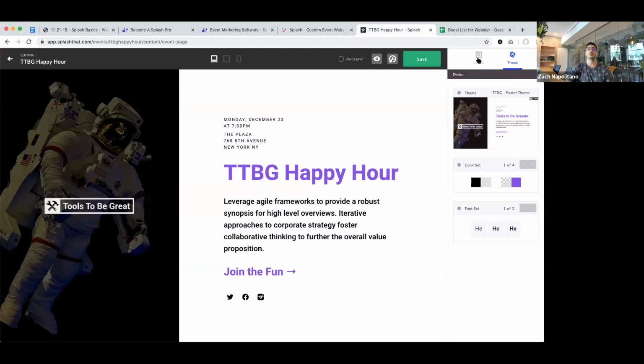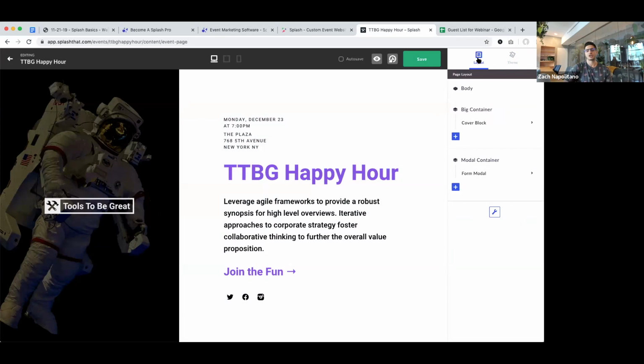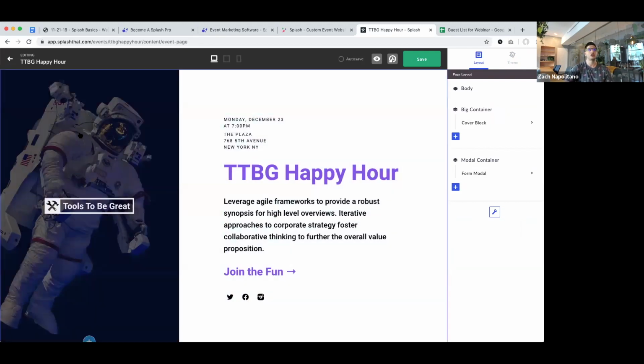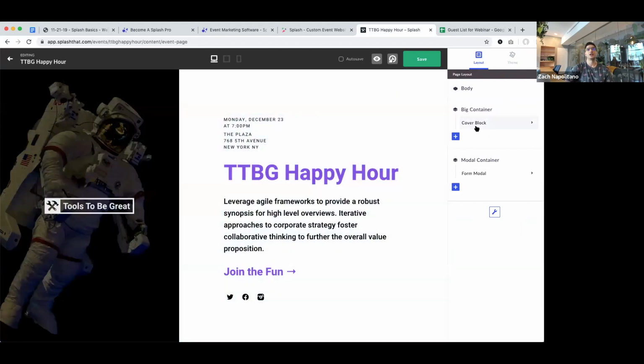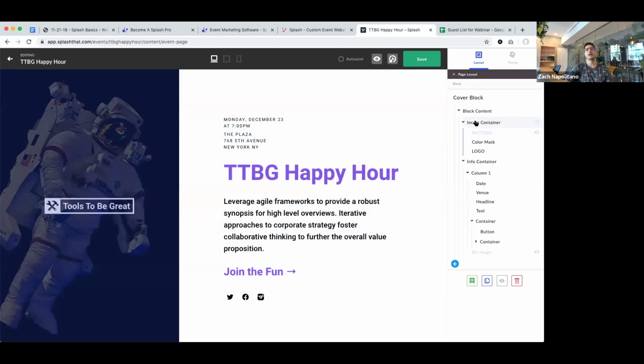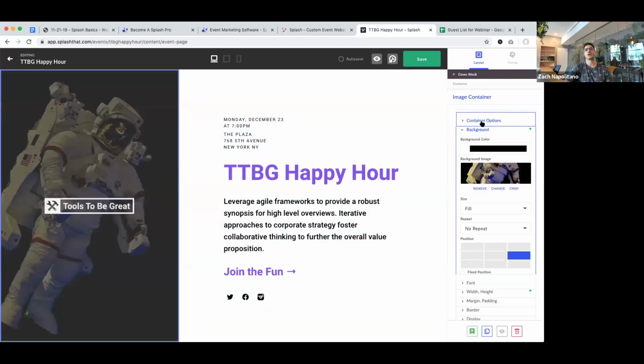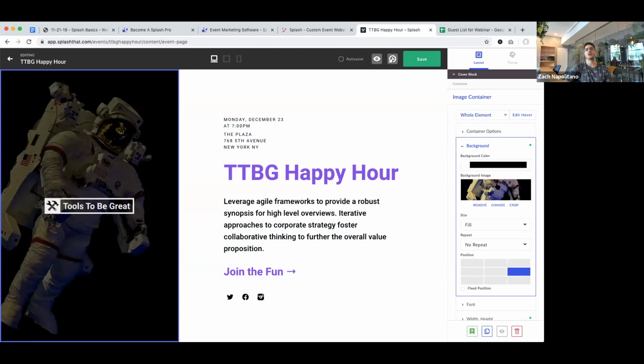Next thing to know, everything on this page is just for me to get started. So I think the most profound way to update any event page aesthetic is through a great cover image, something like this to the left. So what I'm going to do is click into my cover block and go to that image right here. Click on the image, and here's my opportunity to upload a new one. I'm going to hit change.